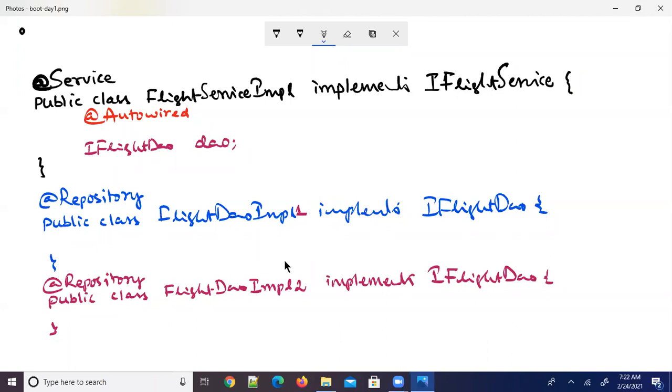But now in the Spring container, there are two objects of type IFlightDao. One object of class FlightDaoImpl1, another object of another class FlightDaoImpl2. Both objects are of type IFlightDao only because both are implementation classes of IFlightDao.